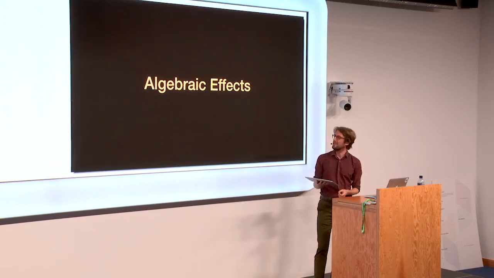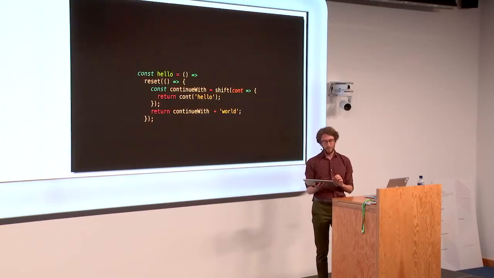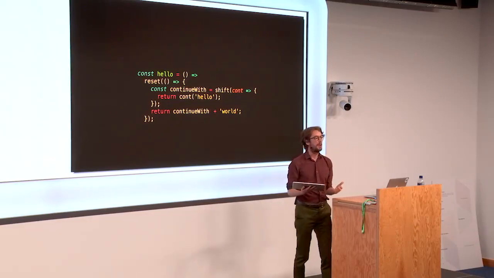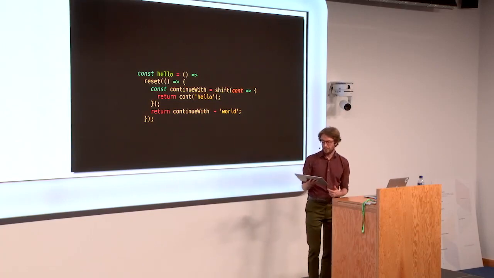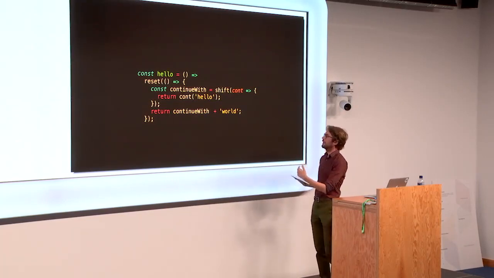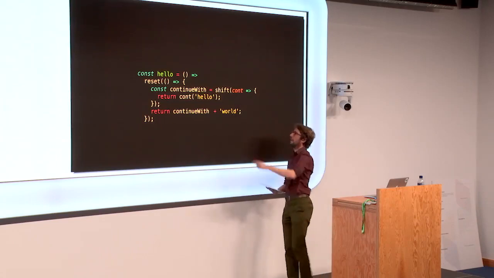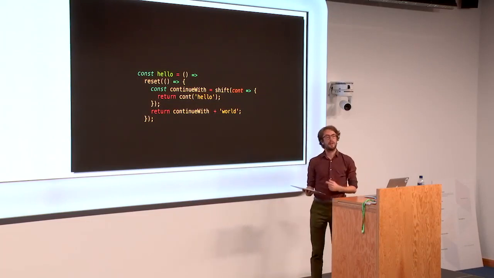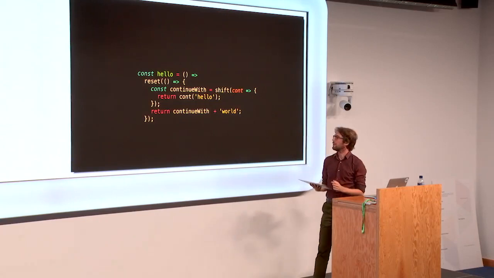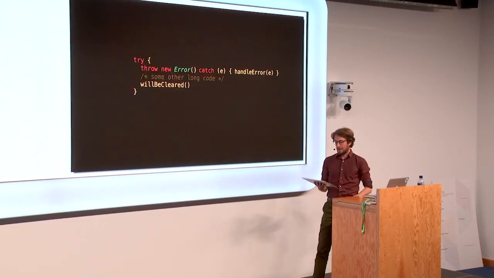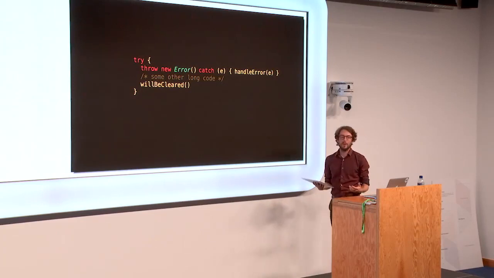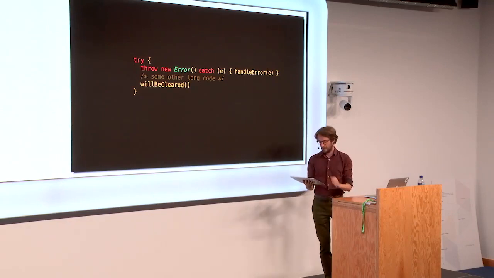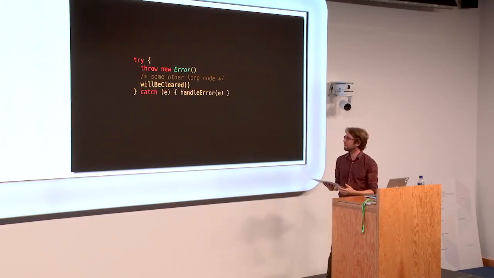Okay, now let's have a look at the big one, algebraic effects. So this is what that proposal ultimately is for. Algebraic effects are just a refinement of shift and reset. So here's shift and reset. Remember that what it does is clear that current continuation and bind it to that. The thing here, though, is that we're deciding what to do with that continuation immediately after we call shift. It's a bit like if we threw an error and did this. So when we throw an error, we also clear the current continuation. But we don't handle it in the same place. Okay, it's much nicer if we can handle it somewhere else.